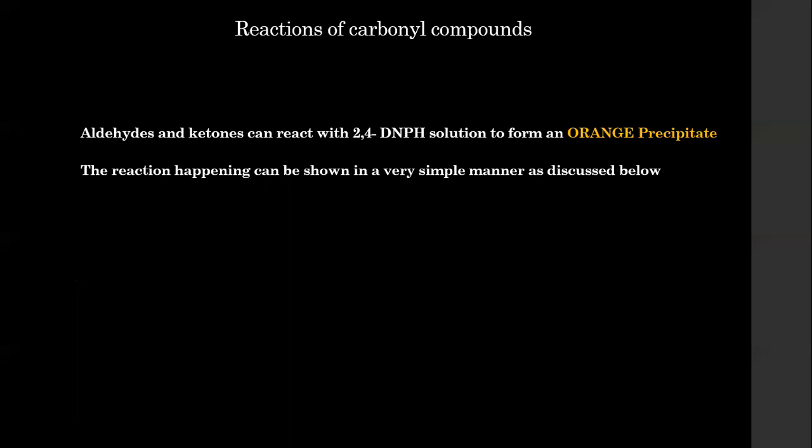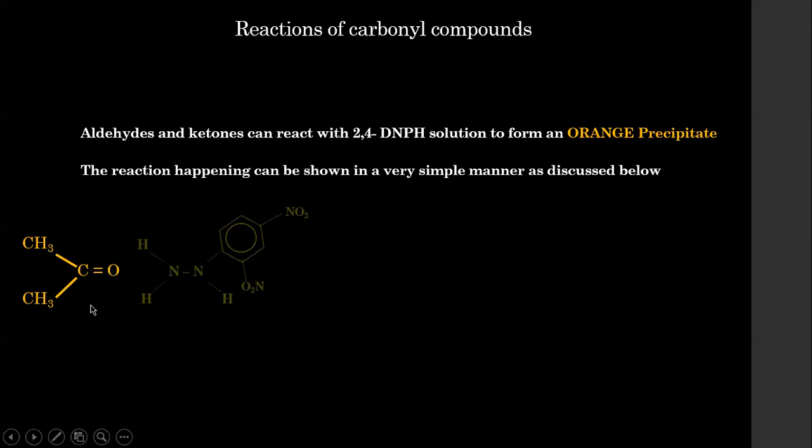This is a very, very unique observation. If you add an aldehyde or a ketone to 2,4-DNPH, definitely a yellow or orange precipitate is formed. And how is this reaction happening? I can explain this in this manner. Now, this is a ketone or aldehyde. This is a ketone because there are no hydrogen attached to carbonyl functional group. And because this has 3 carbon atoms, it is propanone. If I bring this propanone molecule nearer to this